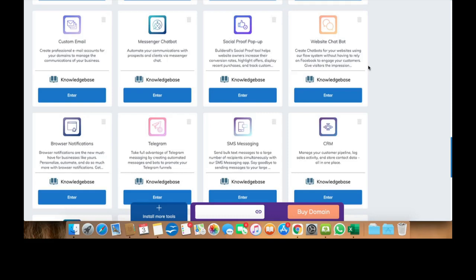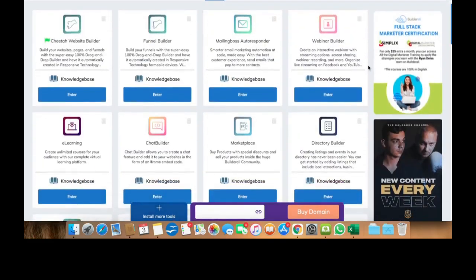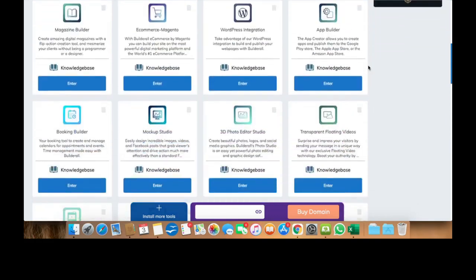One of the platforms that offers a URL shortener is Builderall. And if you don't know what Builderall is, it's the all-in-one platform that has over 40 marketing tools, and the tools they keep on adding up. I'm talking about email marketing software, website builder, app builder, e-commerce Magento, magazine builder, booking builder. There's just a lot that you can build with Builderall, and one of the things that you can do,